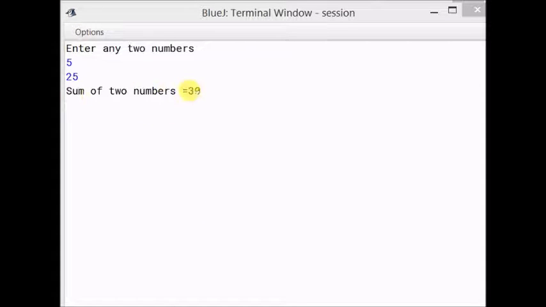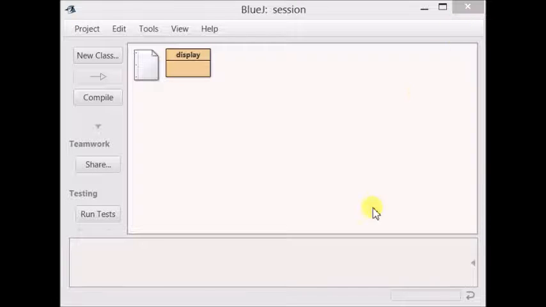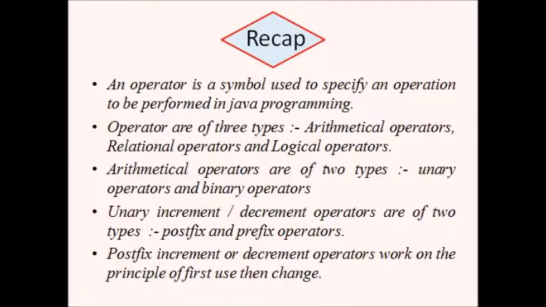So in this session we have learnt 2 methods of accepting the data, using function argument and using input stream reader class. So students, this is all for today's session. Let's have a recap of what we have studied today. We have learnt